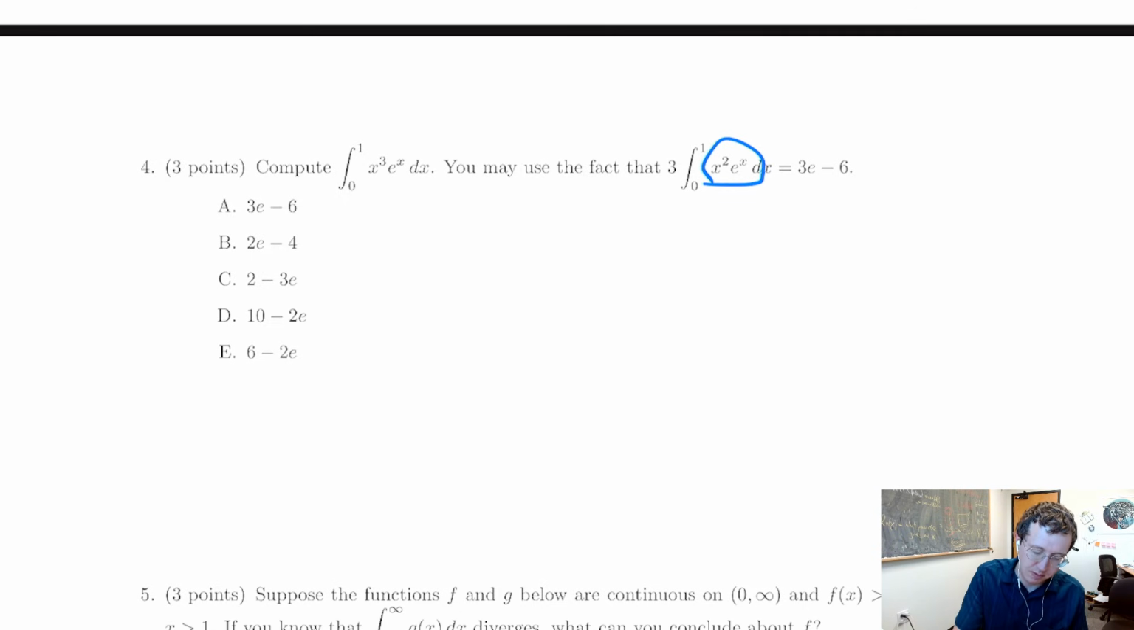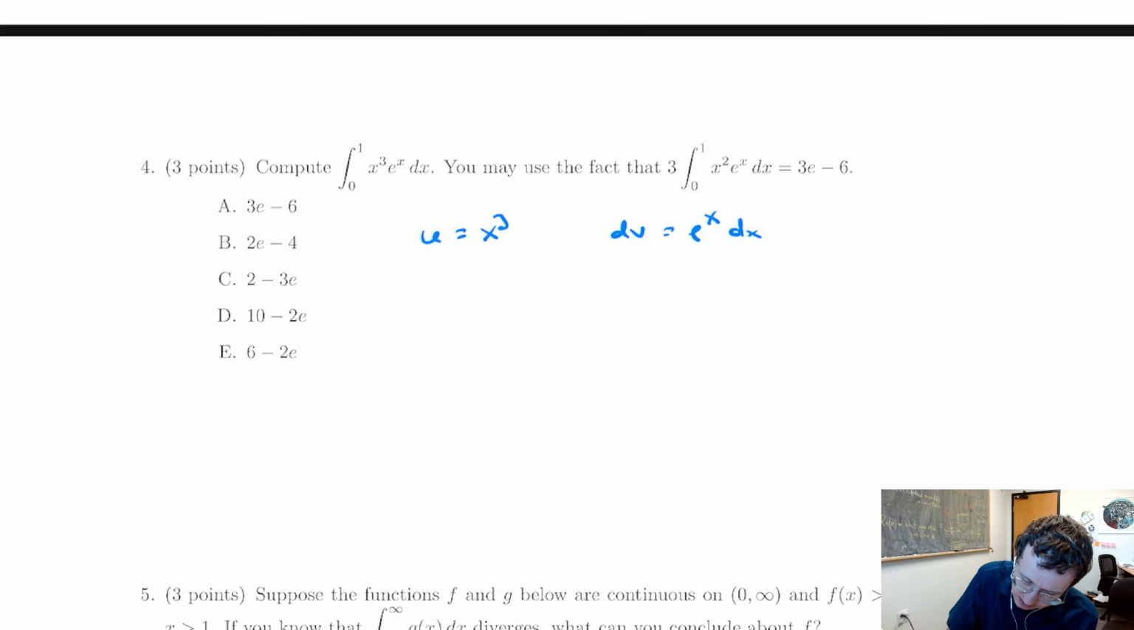That suggests to me that I should use integration by parts, because if I differentiate the x cubed, I'll get an x squared. Well, I guess actually a 3x squared, and they even helpfully put that 3 in there for us. And if I integrate e to the x, it's still e to the x. So let's try integration by parts. I'm going to set u equal to x cubed and dv equal to e to the x dx. That makes v e to the x, and du is 3x squared. So the integral is,